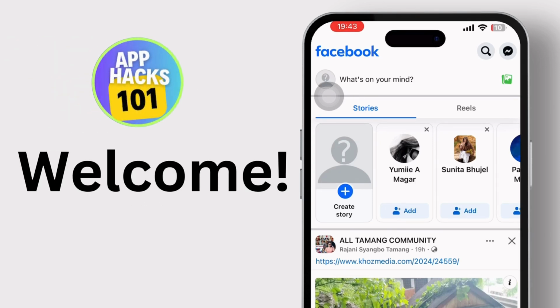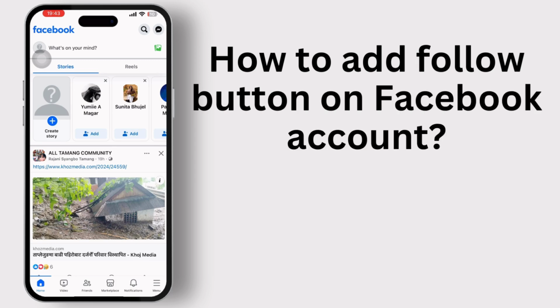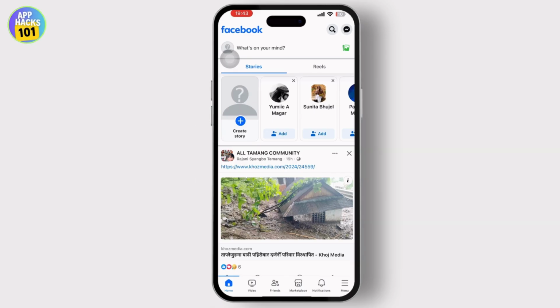In today's video, we will guide you through how to add a follow button on your Facebook account. So let's get started. First things first, open the Facebook app on your device and make sure to log